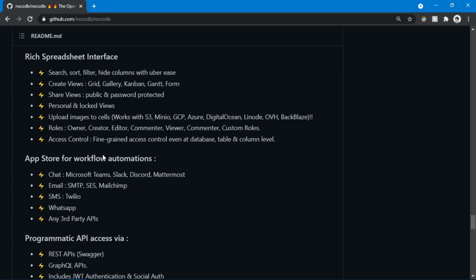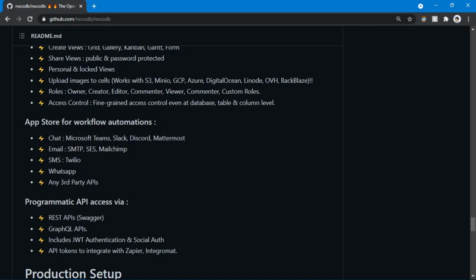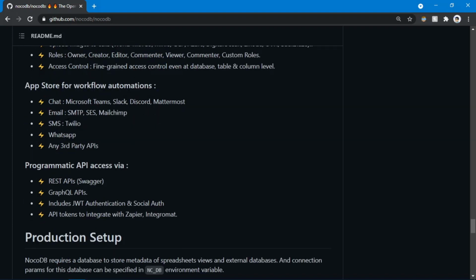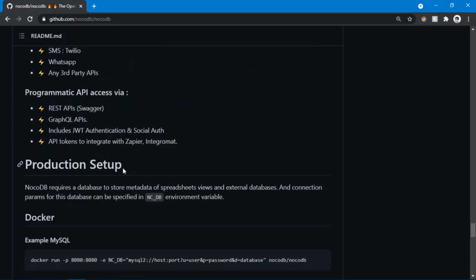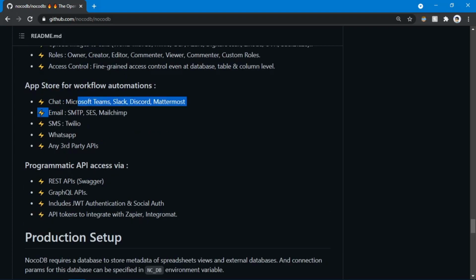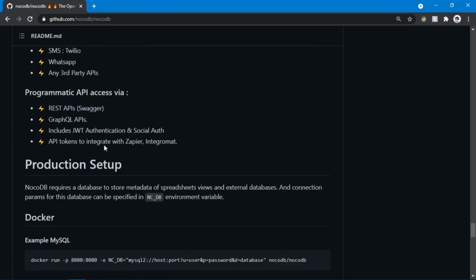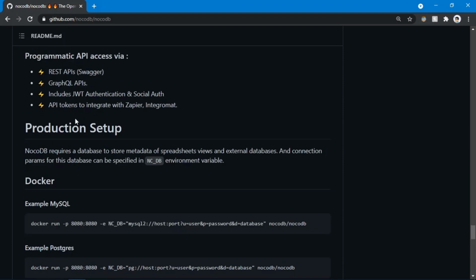Next, again, they have these features which we have already seen in the screenshot mostly. So they have search, sort, filter, hide columns with uber ease, and role-based controls. So you can have different roles customized, like custom roles, owner, creator, editor, etc. They provide you integration with email, SMS through Twilio, WhatsApp, any third-party APIs, and they also allow you to integrate with the chat servers, say Microsoft Teams, Slack, Discord, or Mattermost. Then you have your APIs, which can be used through API tokens with Zapier, or REST APIs, and then GraphQL